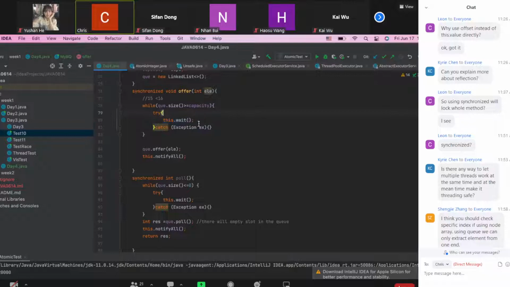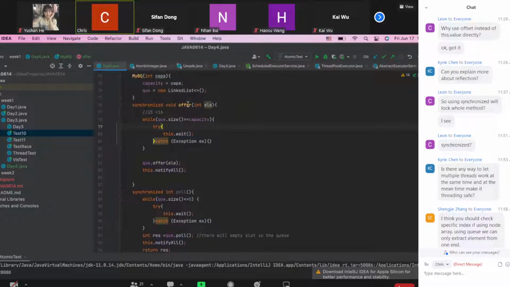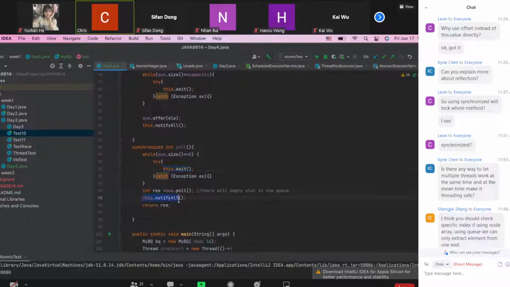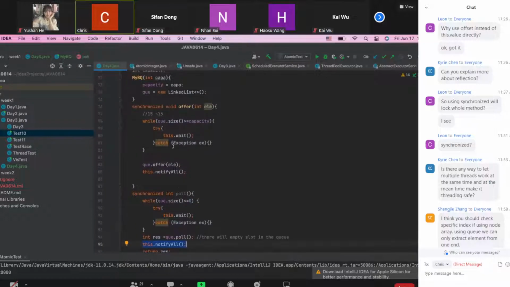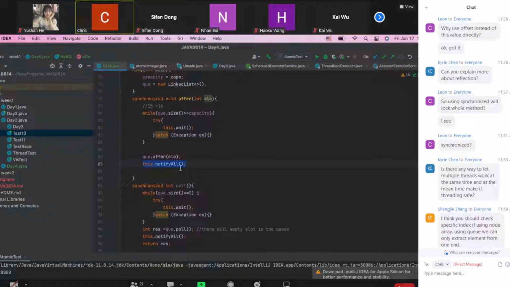If we have both producer thread and consumer thread waiting, when we call notify, either from this pull method or from this offer method, we will invoke all the waiting threads. We cannot specify that when I call notifyAll,